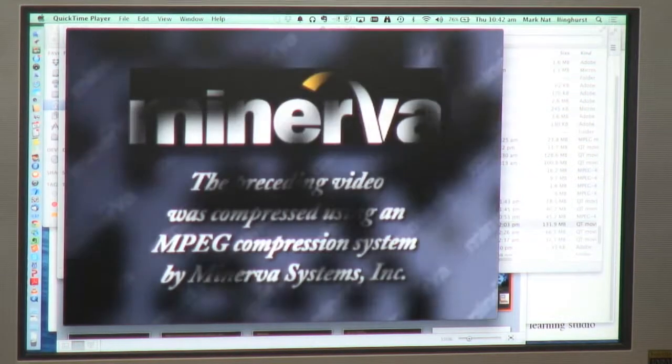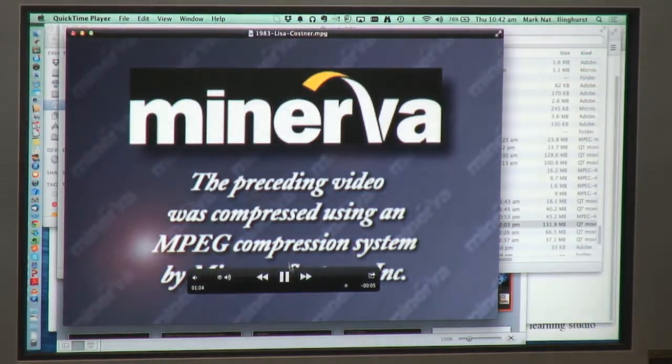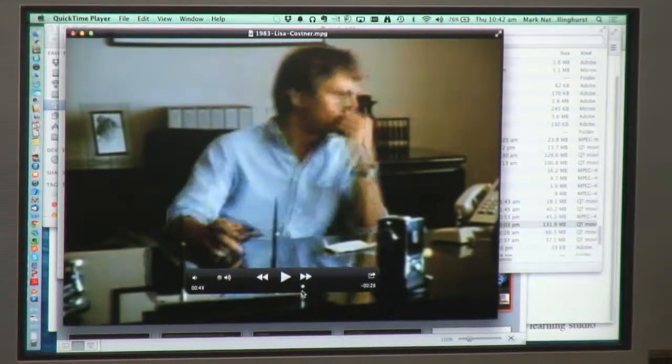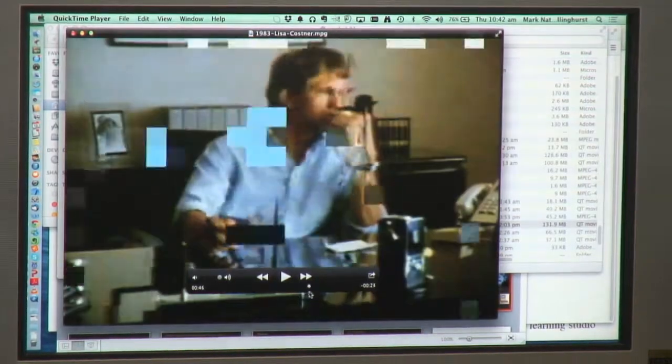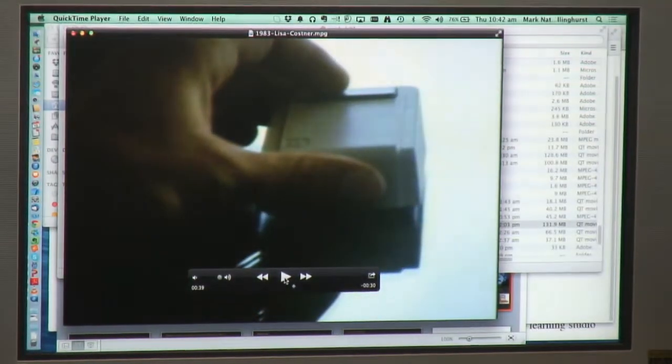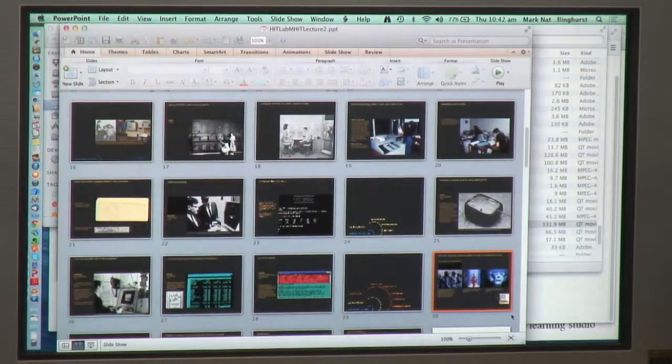So this is the Apple Lisa, and first of all, that was Kevin Costner in the movie there. So before he became a big star, I guess. And you can see when he's using the mouse there, he's holding it really strangely. He's holding it sideways and clicking with the side of his finger. You'd never do that now, but in those days, he didn't know how to use a mouse, and hardly anybody else did. And of course they've still got the one-button mouse like they did in those days as well.